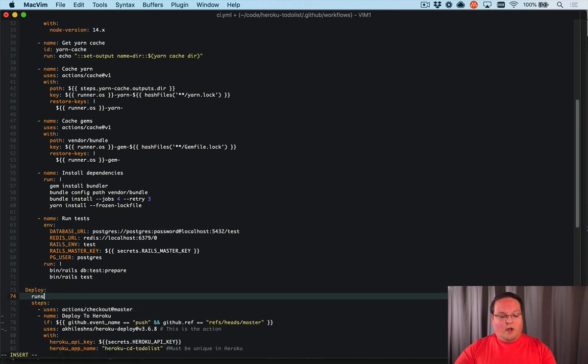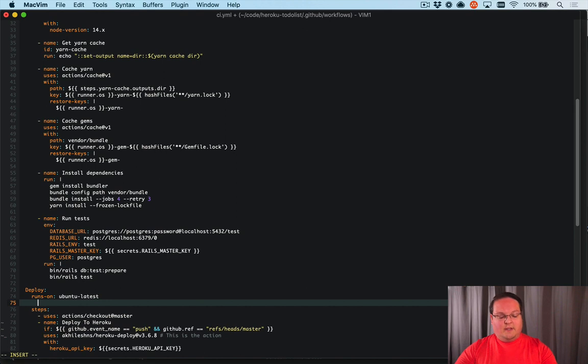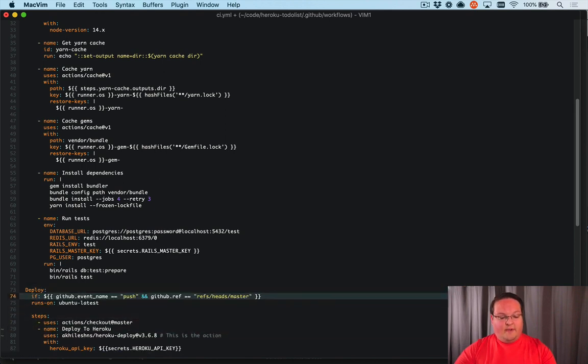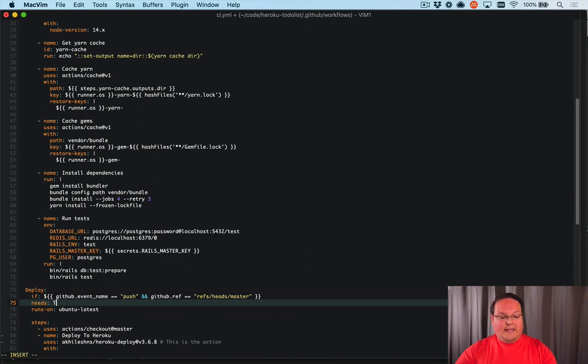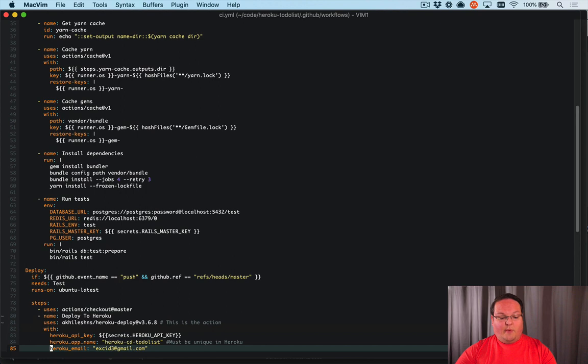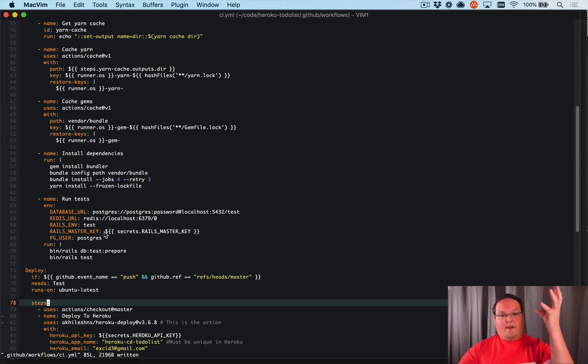And this runs on Ubuntu latest. And we would just set up this if statement to go here. So if that, and we also want needs test to be finished before we run this, then we can do our steps down here. So what this will do is actually finish running all the tests and then conditionally run the deploy step totally